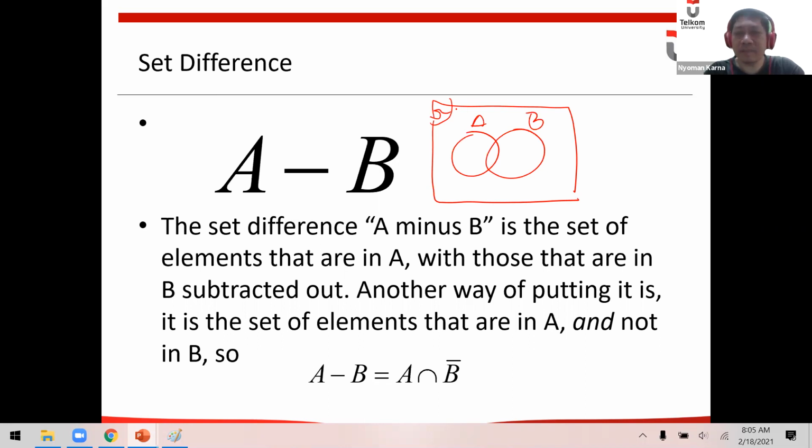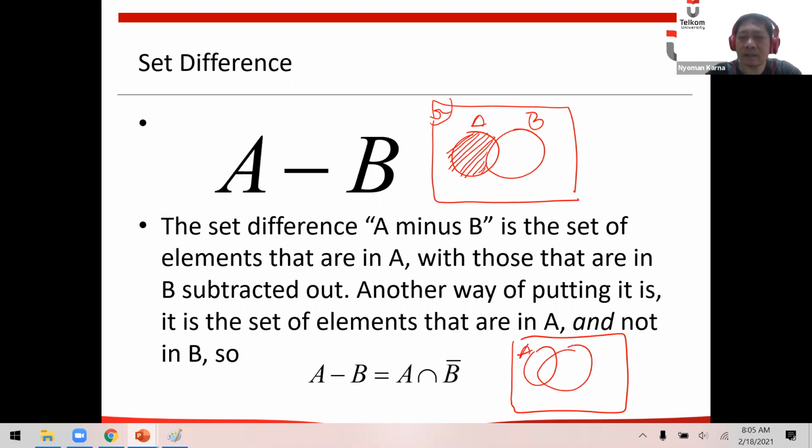A minus B means all members of A that are not in B. This is A minus B. While B minus A is something like this. This is B minus A, a set that has the elements of B but not in A. While this one is A minus B.